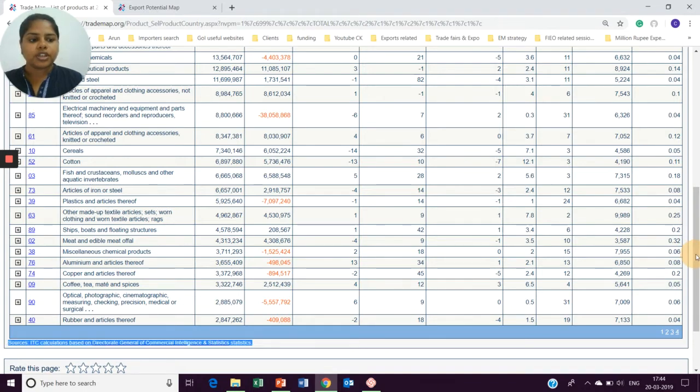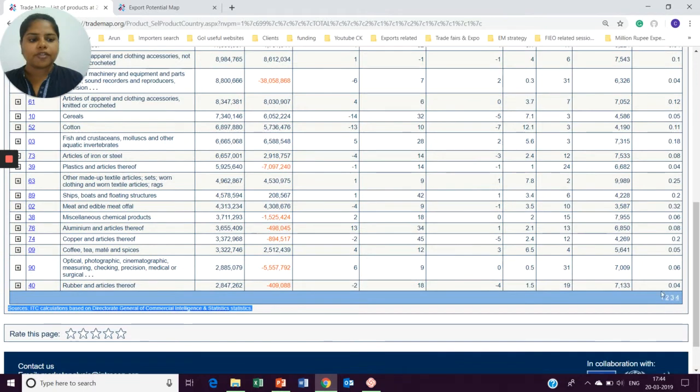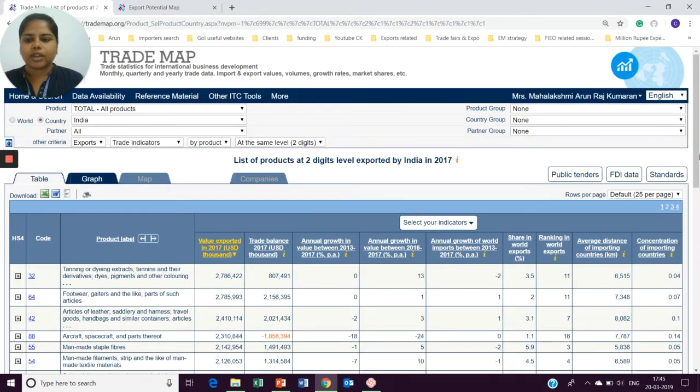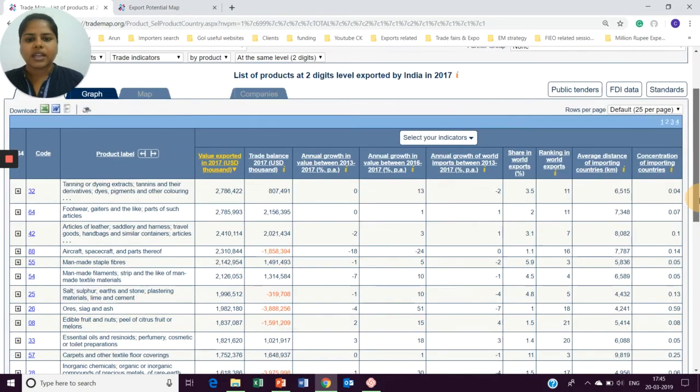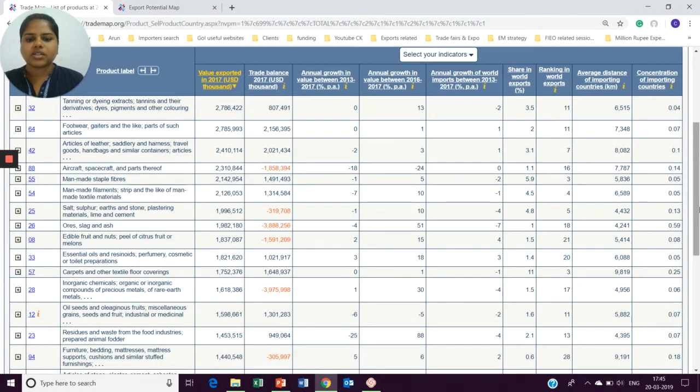So to proceed into the selection, there are 4 pages. You can scroll and study about different sectors that you can choose a product from. So let's take page number 2. While I'm finding page number 2, you can see that the annual growth, in most of the cases, the annual growth in value, should be positive. Sorry, we are in sectors. So annual growth in value should be positive, and the two cases should be positive, and in this case, the recent one should be positive.